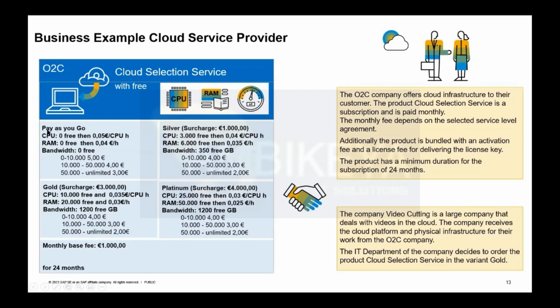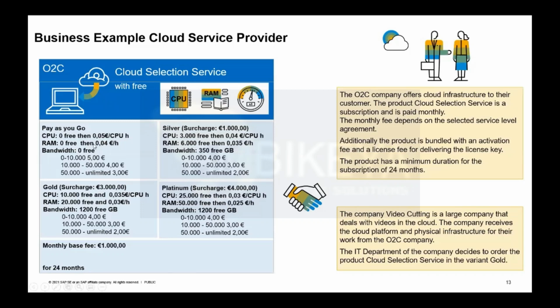The first level option is pay as you go. With the first service level option, you don't have free capacity, free CPUs, free RAM or bandwidth included. And you have a price that is listed here of 5 cents per CPU hour. And you have here a tariff of